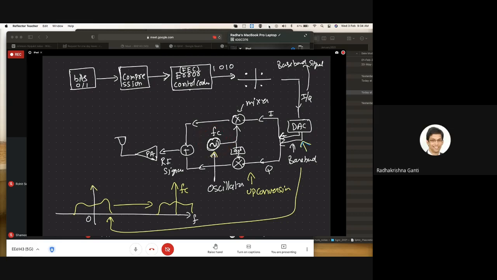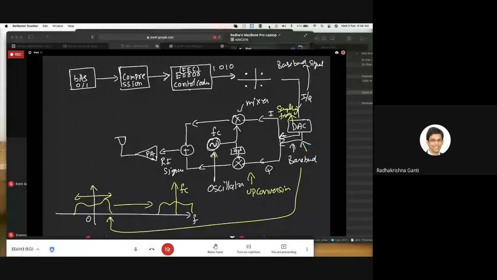Okay. So initially the center frequency is 0, and whatever frequency we use depends upon how fast we are trying to send the data, right? Or is it something else? No, how fast we are trying to send the data is the bandwidth of the signal. The DAC will have a sampling frequency, which determines your bandwidth.